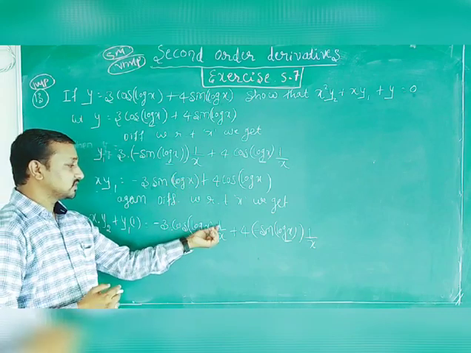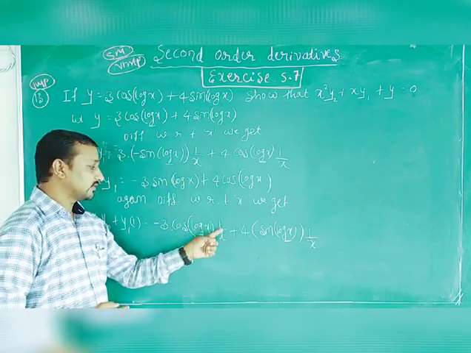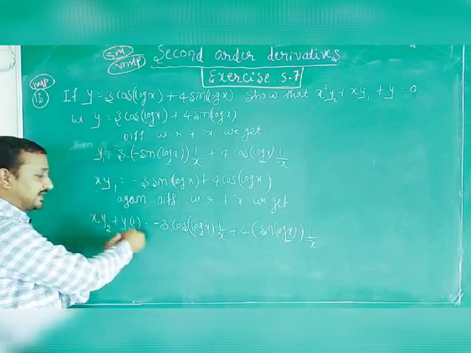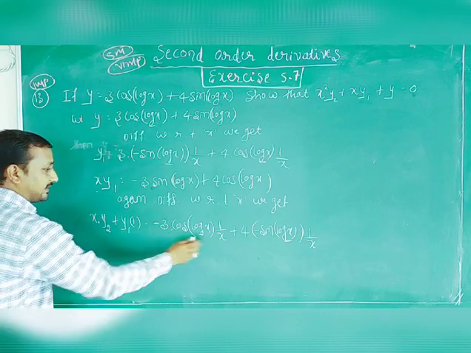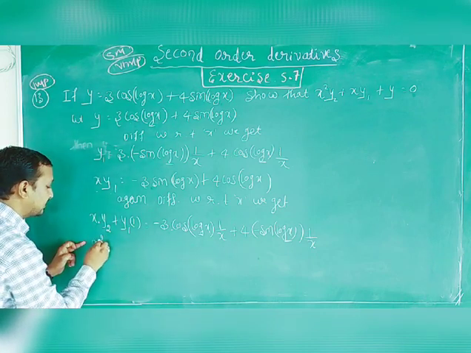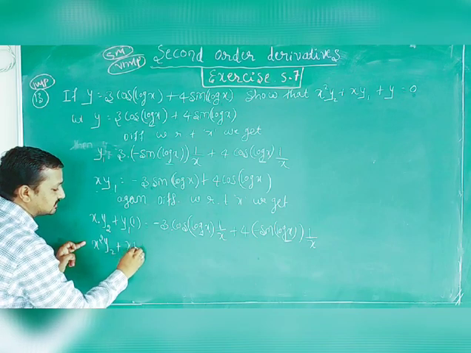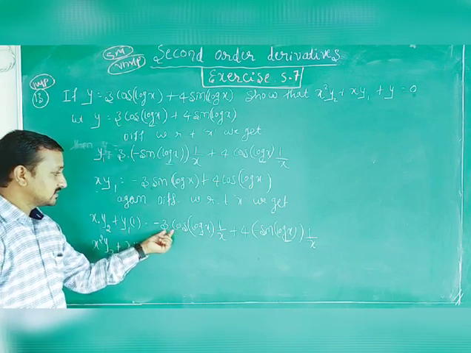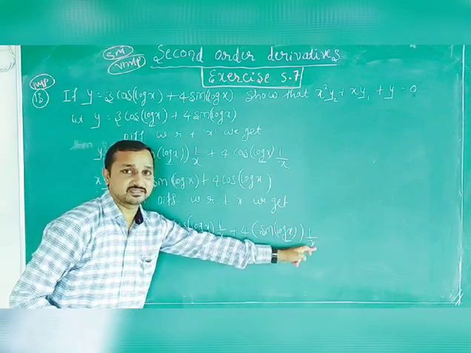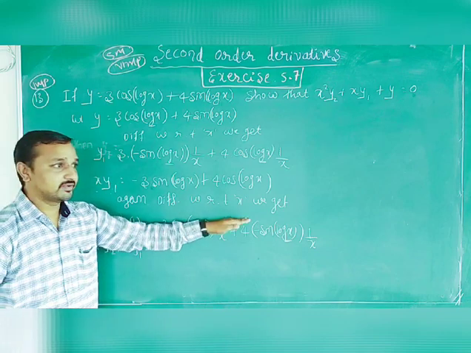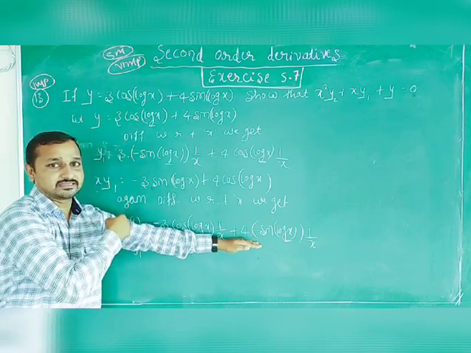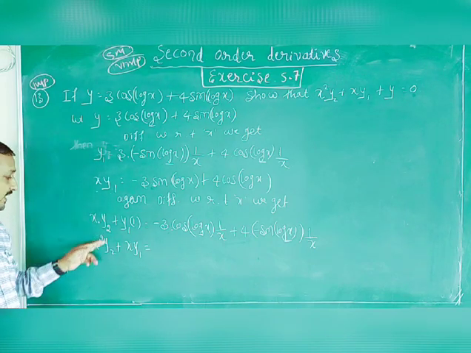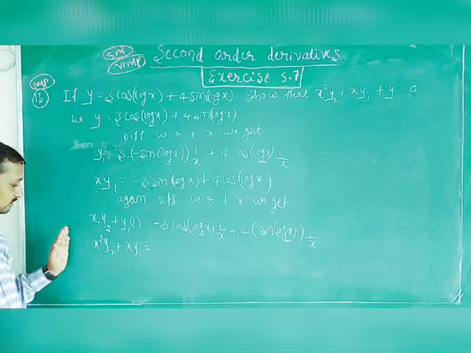Same step as this. So take 1 by x as common, or 1 divided by x is the LCM term. Again, LCM term multiplication to the right hand side. It will become x into x is x square y2 plus x into y1 is equal to. So it's clear that this term is 1 divided by x plus this is also 1 divided by x. So divided by x is the LCM. Then the LCM multiplication to the left hand side. It will become 1 by x will become x. Okay, x into x is x square y2 plus x into y1. So we will multiply by x.